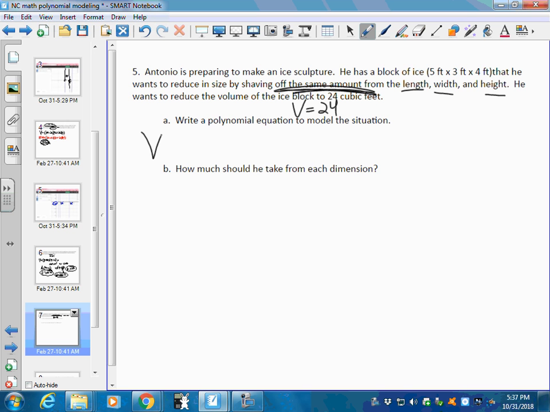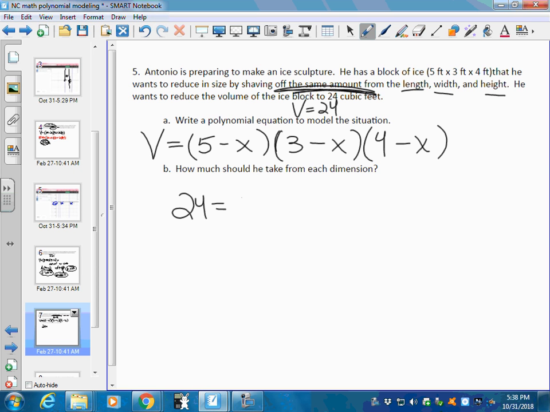So V equals, now I've got 5, I've got 3, and I've got 4. Now I want to take the same amount off. I'm not taking 2x off this time. I want to take the same amount. So minus x, minus x, minus x. So put that in your calculator, just like we did everything else, Desmos, and get your volume's got to equal 24. So where this equals 24,